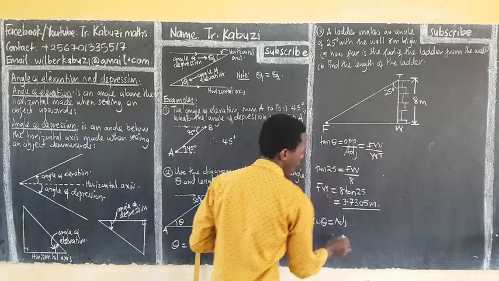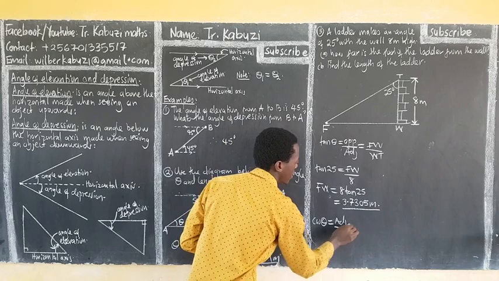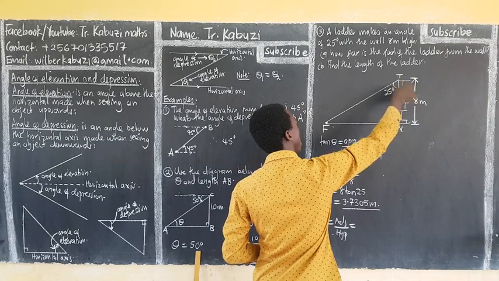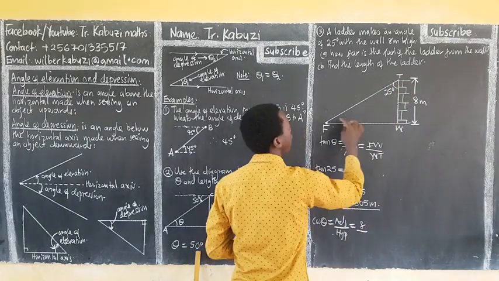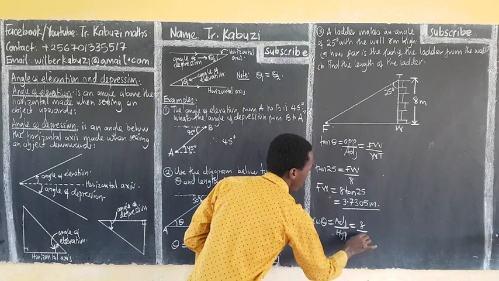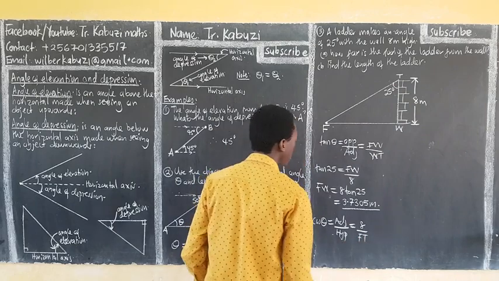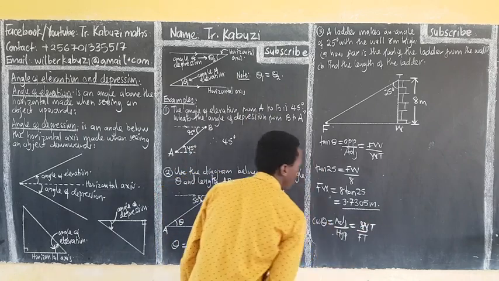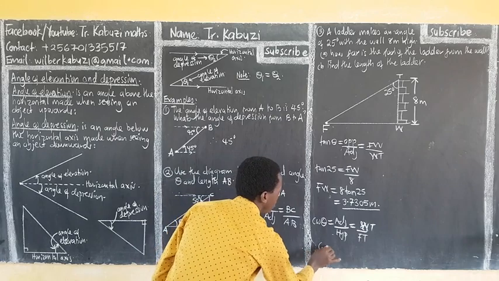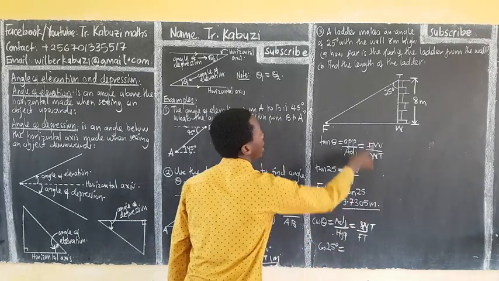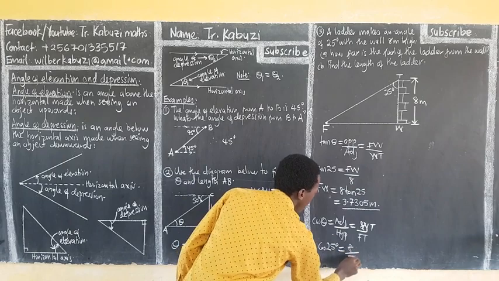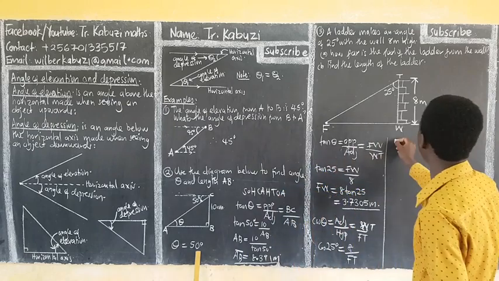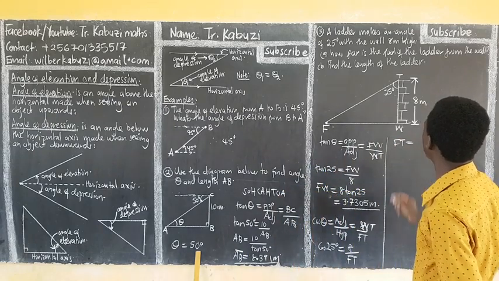The hypotenuse is what I want. My adjacent, using this angle, is this 8, over my hypotenuse, which is the length of the ladder, FT. Let me call the adjacent WT, so that cos 25 degrees is WT, which is 8, over FT. If I make FT the subject, I get FT equal to